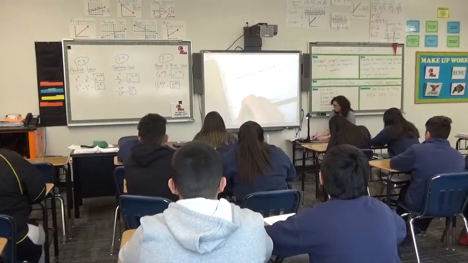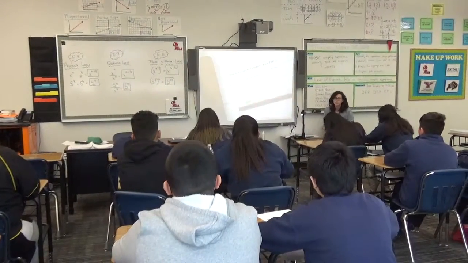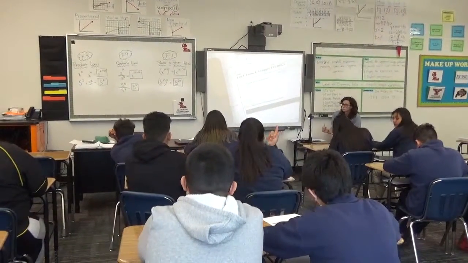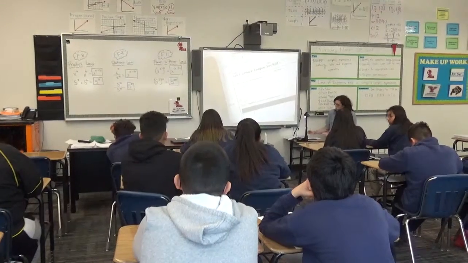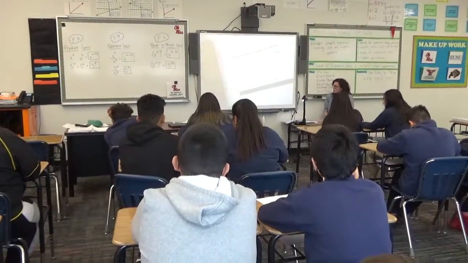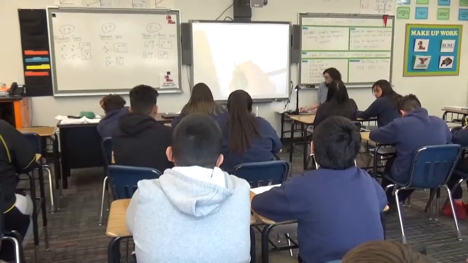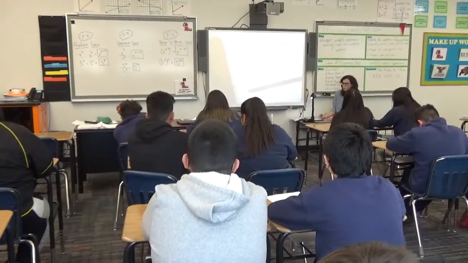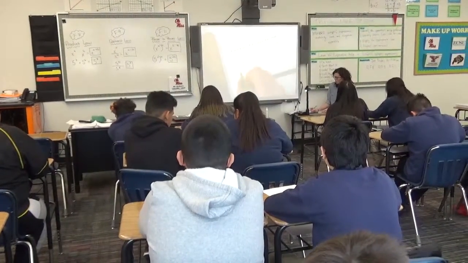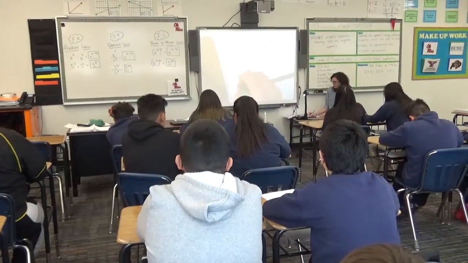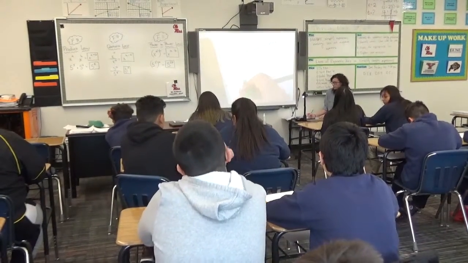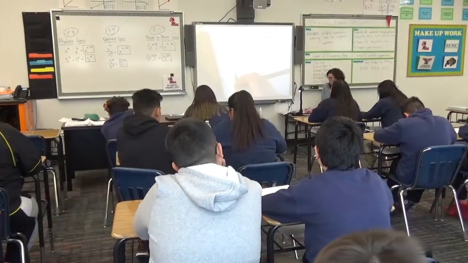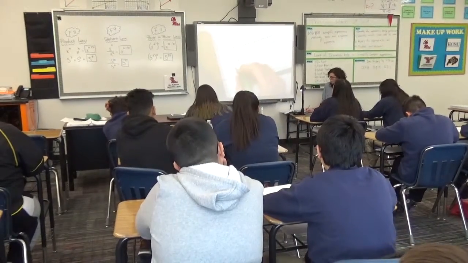X equals 6. How did we get there? I want you to tell me how we got there. Yeah. What I did was I subtracted, so I put a line in the middle of the equal sign, and then I added plus 3 because it's the opposite of subtraction. Okay. And then I added 3 to 9 also, and then I got 12. Okay. And then I put down the 2x, and then I put 12 under 2, and then I divided it, and I got 6. Okay, so you divided it and then you got 6.